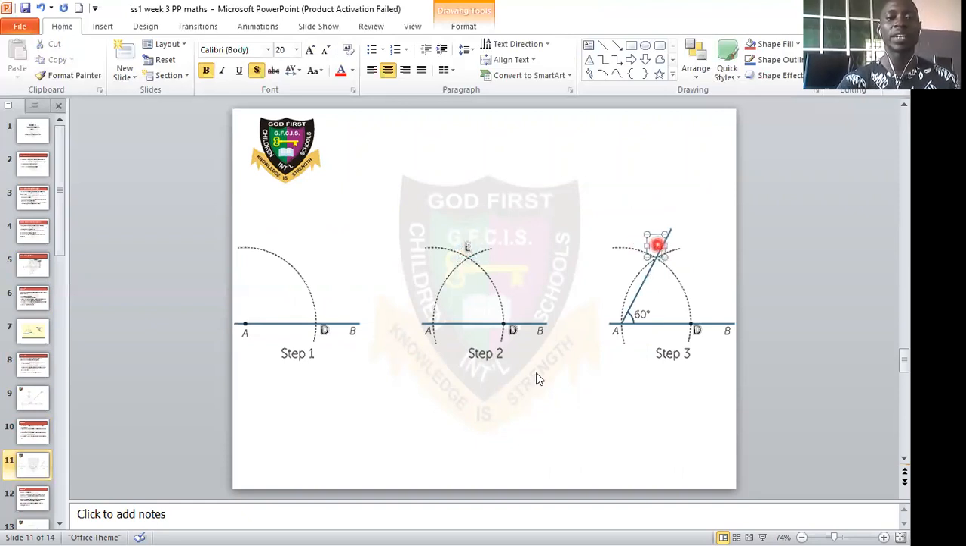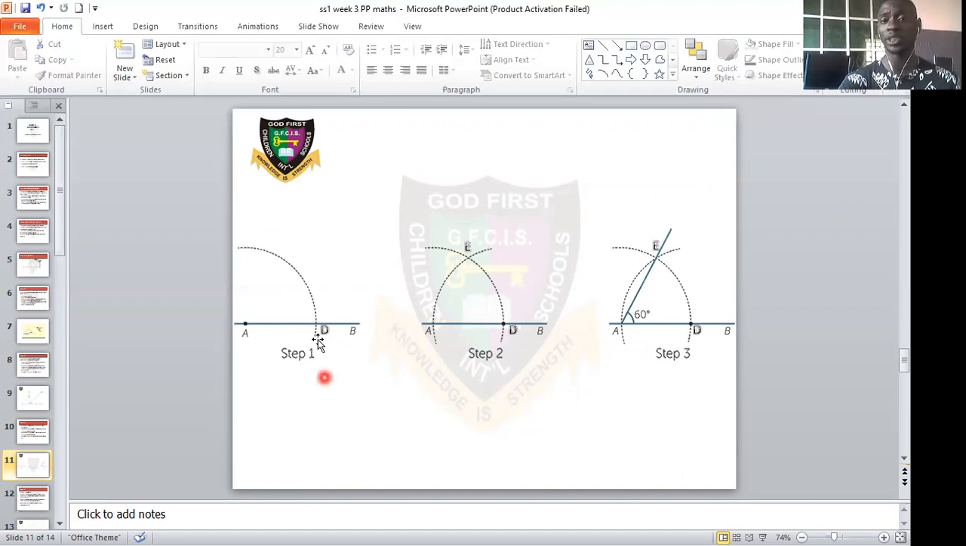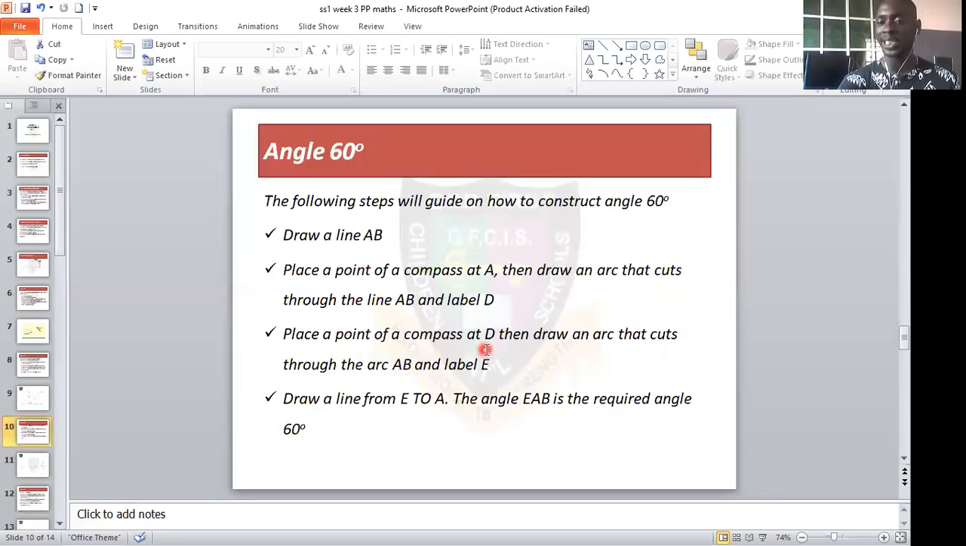So go through it again. First, draw a line AB and place the pin of your compass at A. Draw the arc here and label it D. Place the pin of your compass here and draw an arc that cuts through the arc drawn from A. This arc that cuts here, label it E, according to the procedure. Place the pin of your compass at D and draw an arc that cuts through the arc and label it E. Next, it says draw a line from E to the origin. So draw a line from E to A. The angle EAB is the